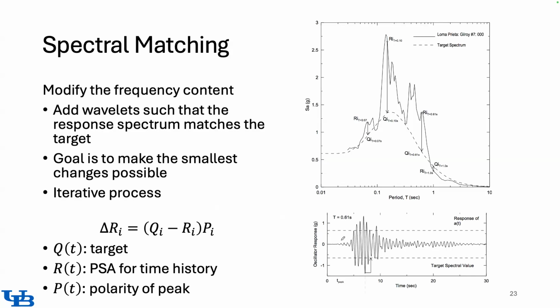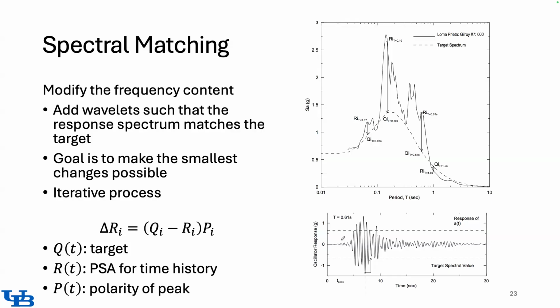The way that this analysis works is you have the actual spectrum of the time series, you have the target spectrum, and you can calculate the difference between the amplitude of the spectrum of the ground motion and the amplitude of the spectrum of the time series that you want to map. And then you can introduce a pulse at that time where this spectrum happens in order to essentially counteract this